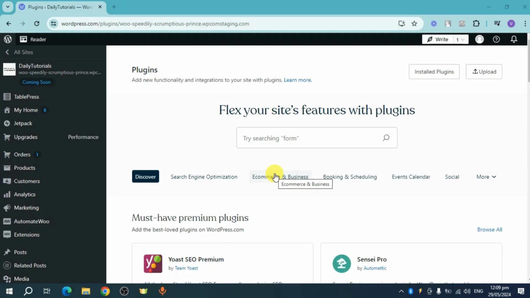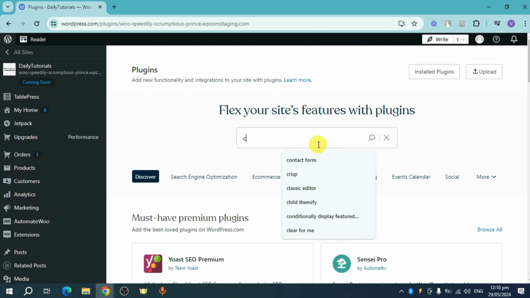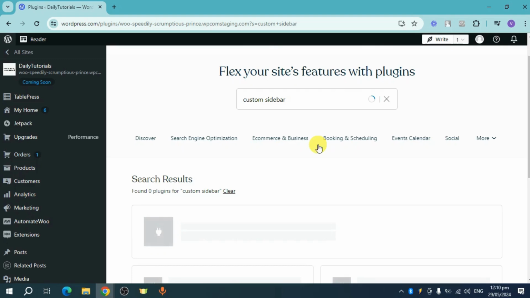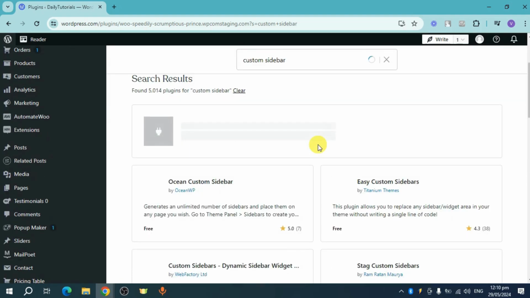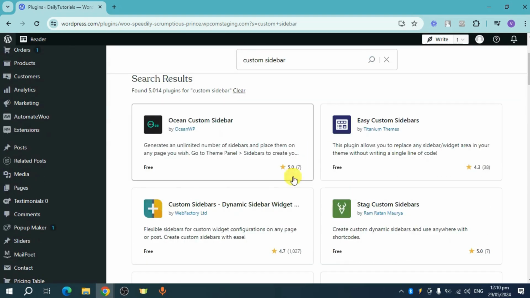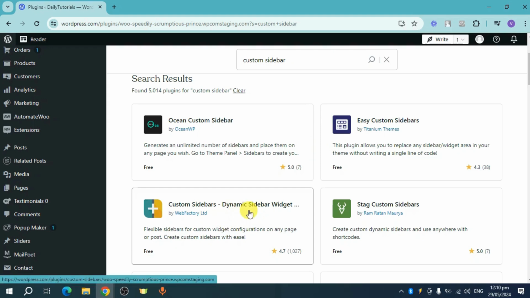Let's get started. In order to do this, let's head over and go to the plugin marketplace of WordPress. Click on the search bar right here and search in here for custom sidebar. And then from in there, you should be able to see some search results related to this. Now, what I can recommend you is to just head over and install this custom sidebar by Web Factory